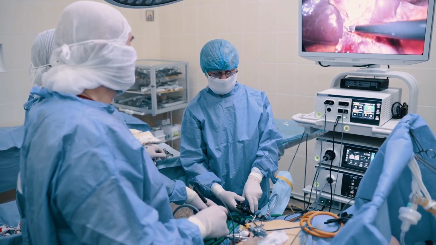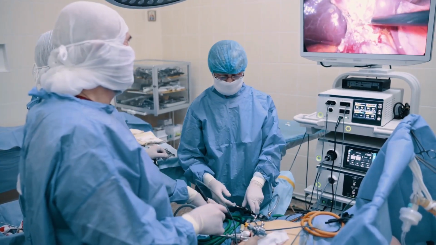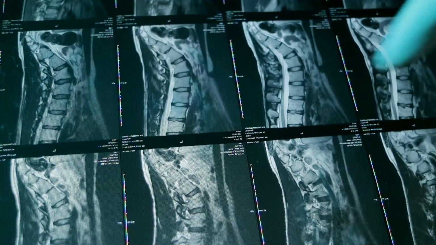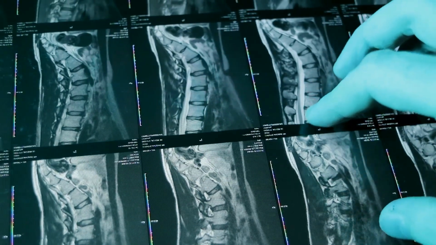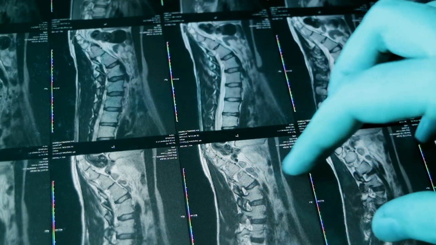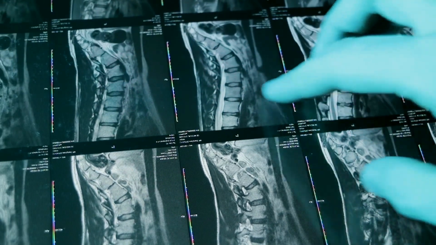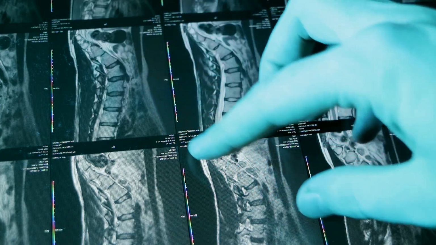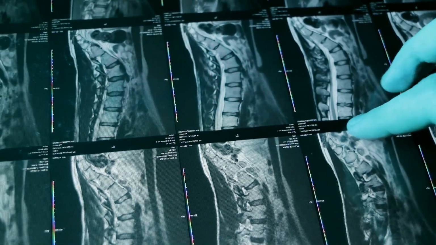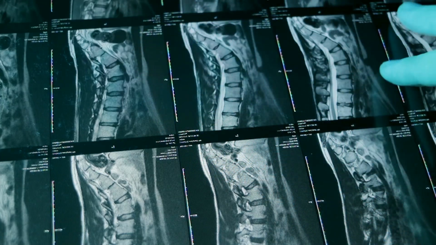Innovations in endoscopic spine surgery have enabled surgeons to access and decompress the affected areas with greater precision, leading to improved outcomes. In parallel, advancements in imaging technology, such as high-resolution MRI and diffusion tensor imaging, have enhanced our ability to differentiate between Cauda equina syndrome and Conus medullaris syndrome. These imaging modalities provide detailed visualizations of the spinal cord and nerve roots, aiding in more accurate diagnosis and tailored